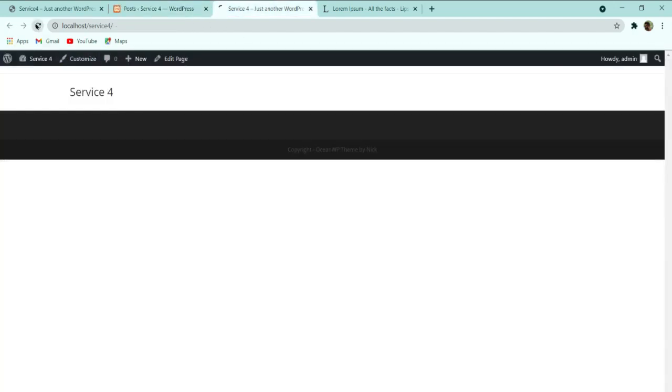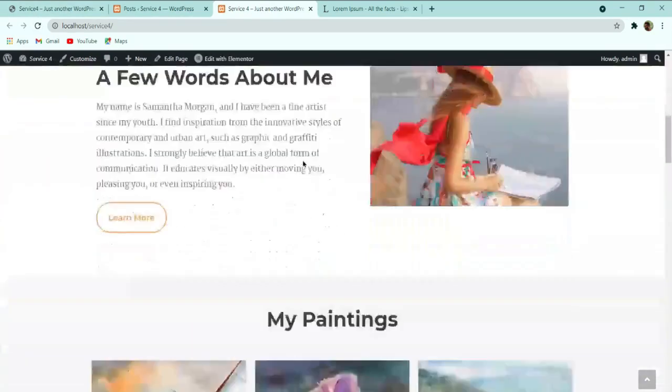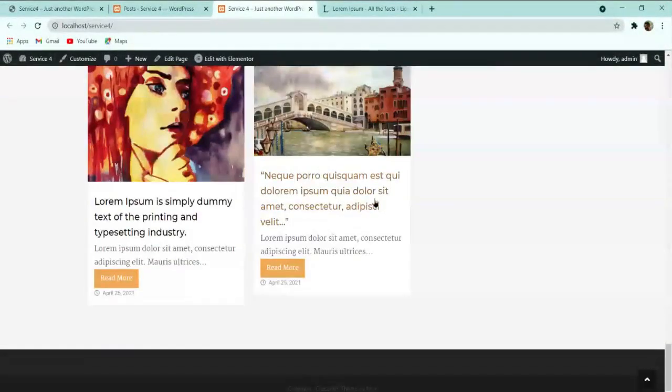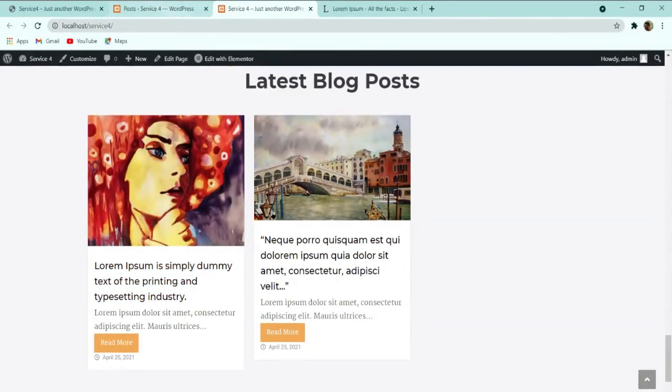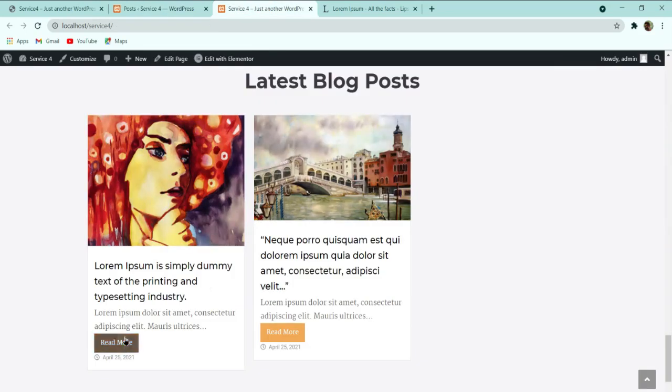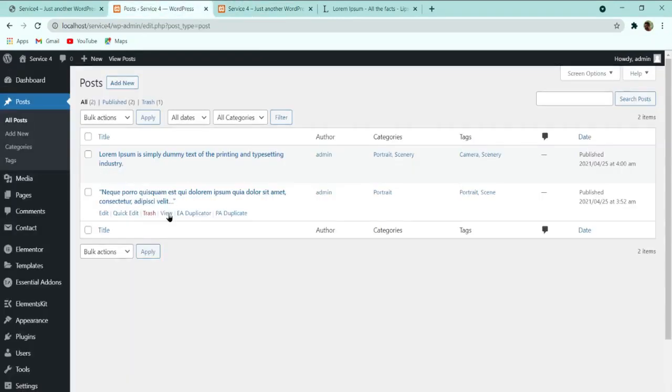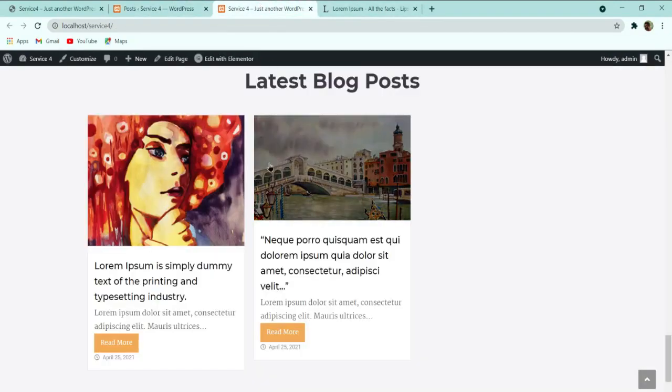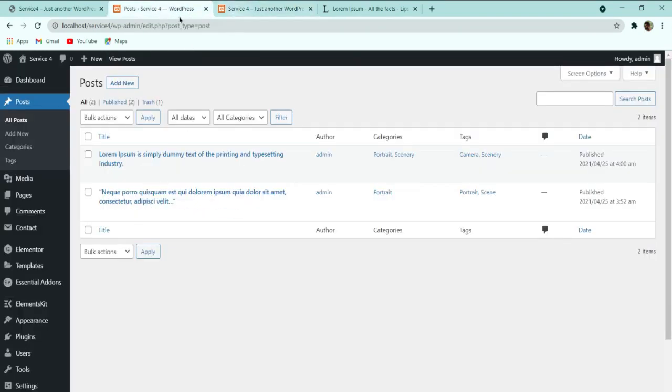Here you can see, let me refresh the page and go down, and you can see that this one is also automatically added. So there are a few more changes you can make if you want to edit these things over here, like this image setting or anything, you can do that from the settings. After that, let's move to our next page.